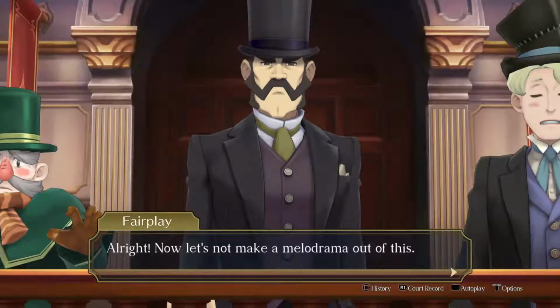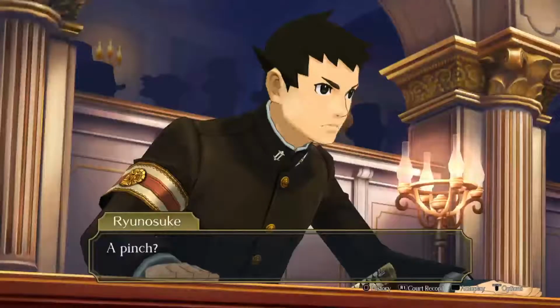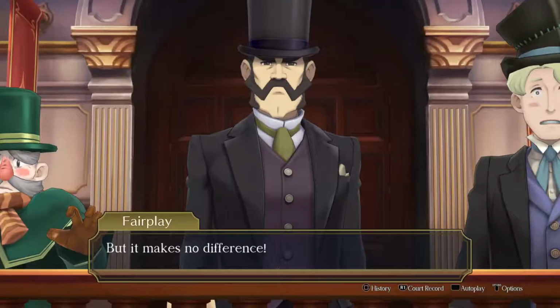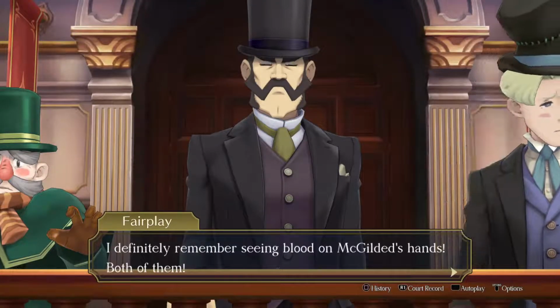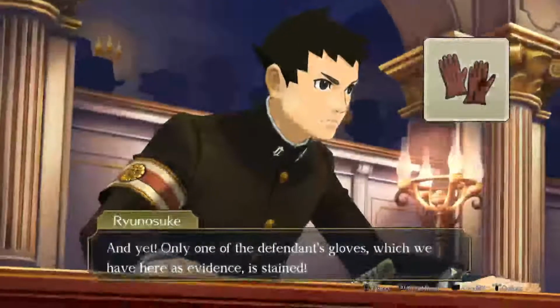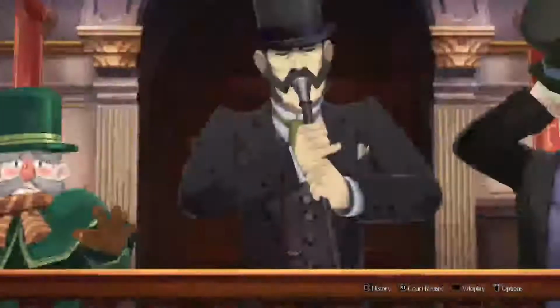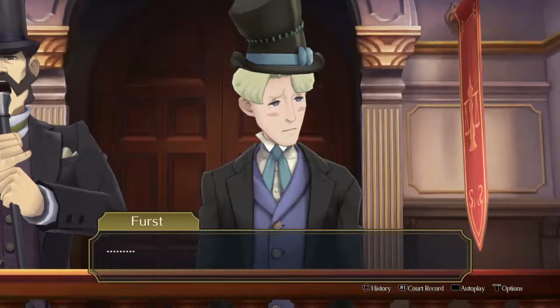Alright, now let's not make a melodrama out of this. Perhaps I did overstate the truth a pinch. But it makes no difference. I definitely remember seeing blood on Mr. McGilded's hands, both of them. And yet only one of the defendant's gloves, which we have here as evidence, is stained. Oh, so you keep saying...